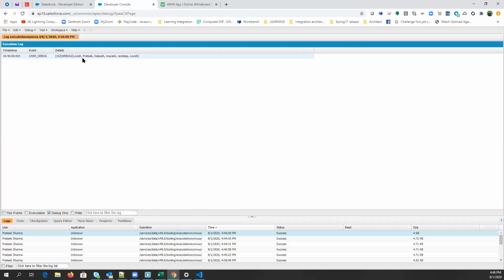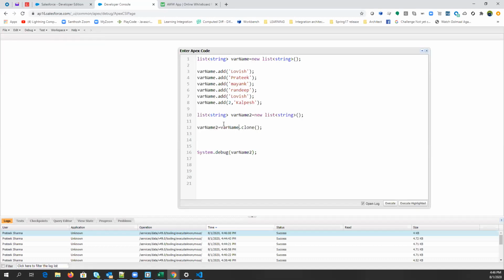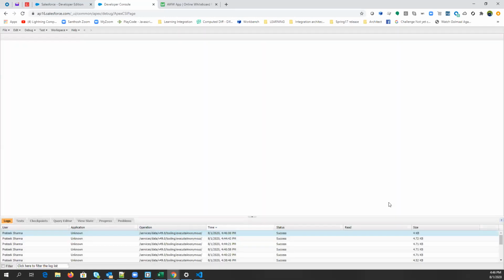See? Clear, guys? So it is cloning the value. But now my question is, just guess, guys. Let's say I have any other value here, let's say I have this. And now I'm cloning this. What will happen? What should it print?